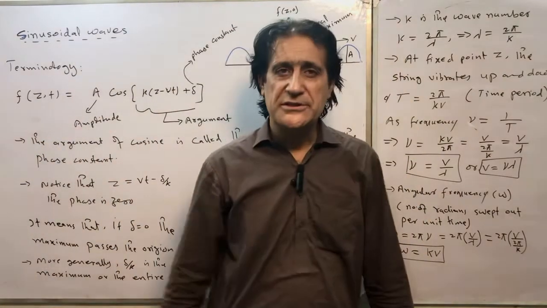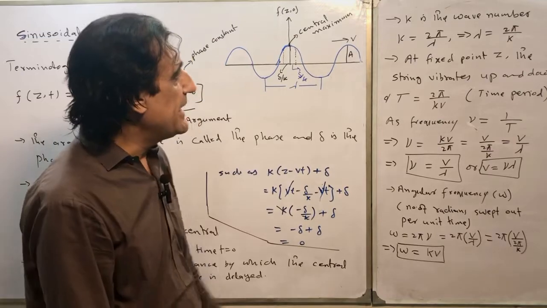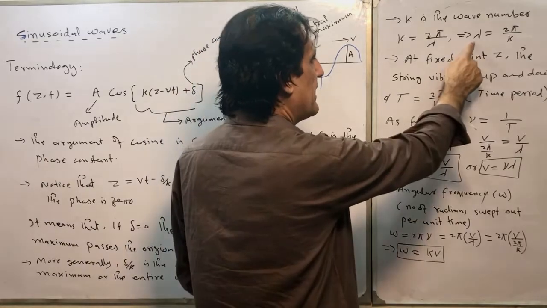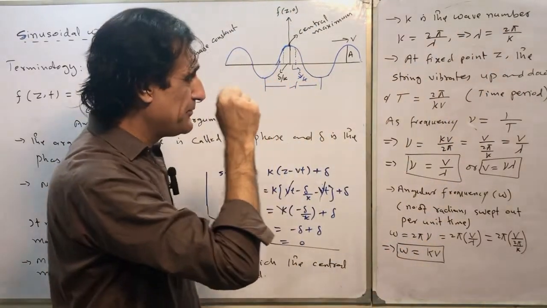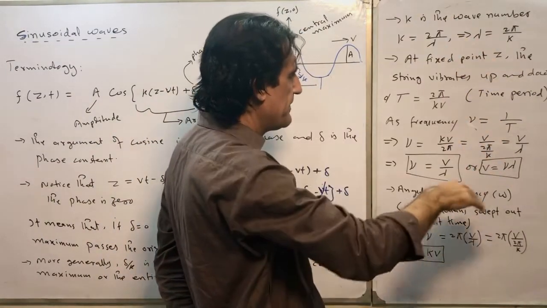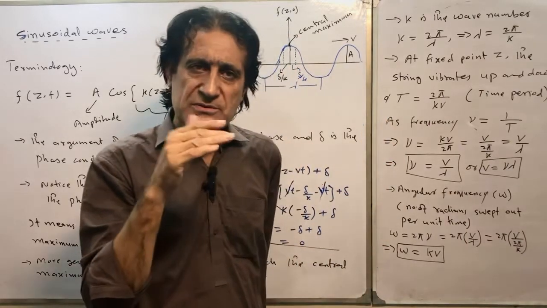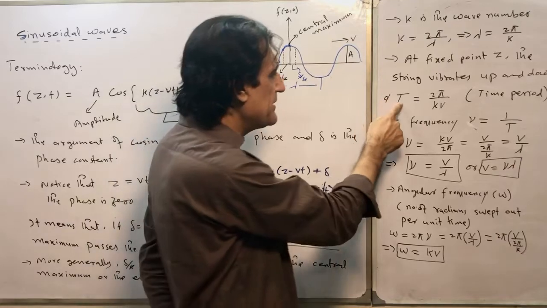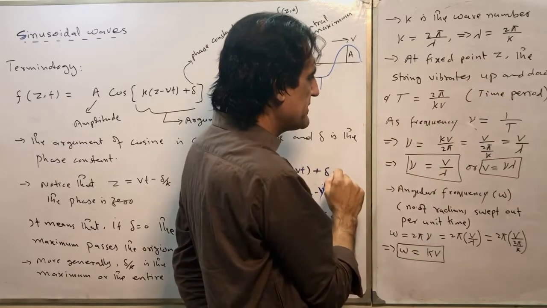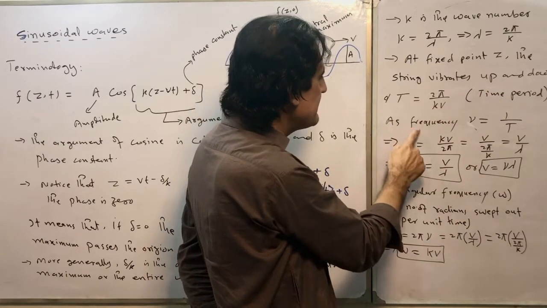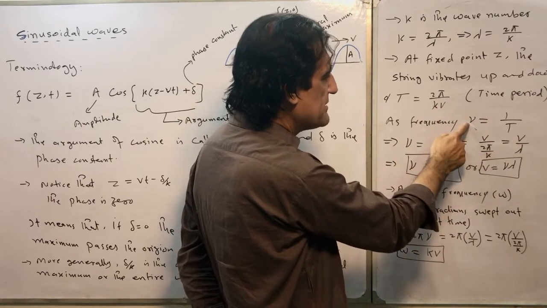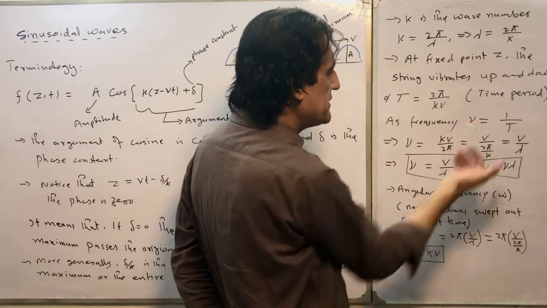We also know about the wave number k, mathematically k equals 2 pi divided by lambda, where lambda is equal to 2 pi divided by k. At a fixed point z, the string vibrates up and down. Then it has a time period T, which is equal to 2 pi divided by kv. The relation between the frequency and time period is nu equal to 1 over T,